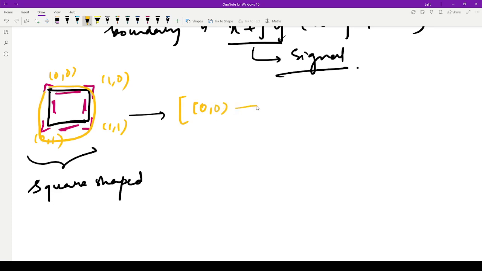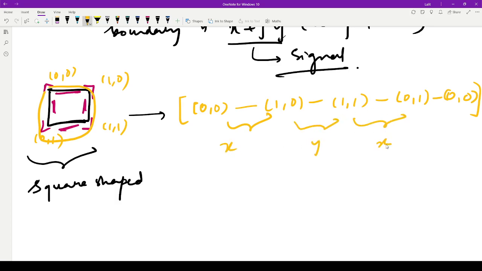So you're moving from 0 comma 0 to 1 comma 0 to 1 comma 1 to 0 comma 1 to 0 comma 0. So for this specific signal between these points, there is not really a big change. Here in this specific case, only the x coordinate changes. Here, only the y coordinate changes. Here, only x changes. Here, only y changes. The point is when you go from here to here,